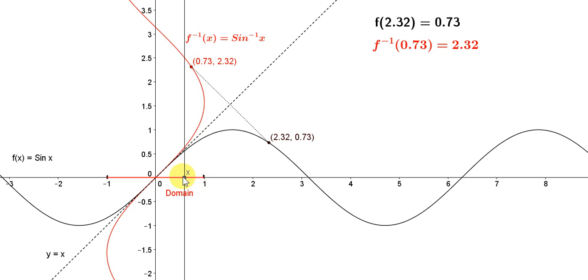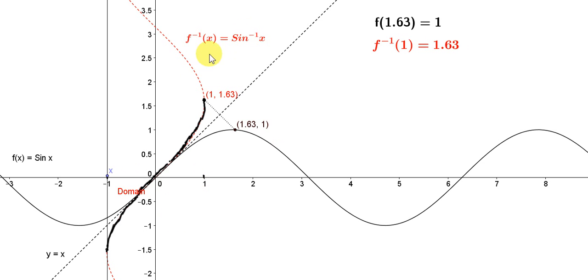So basically we have to cut off the graph. So for the graph to be a true function, we can only show this shaded part, the part that I've shaded in black. That means that for each value of x, we will have a unique value of f inverse of x. So that means if we draw a vertical line through x,